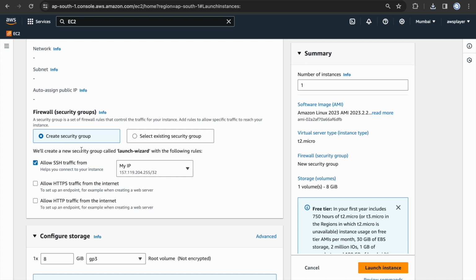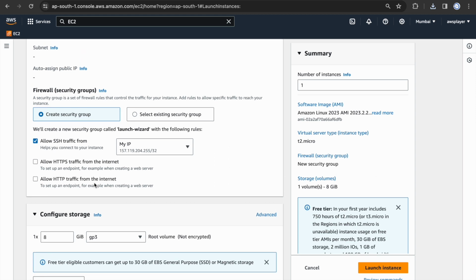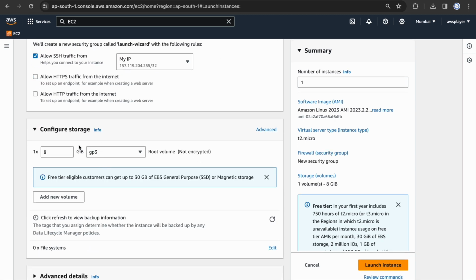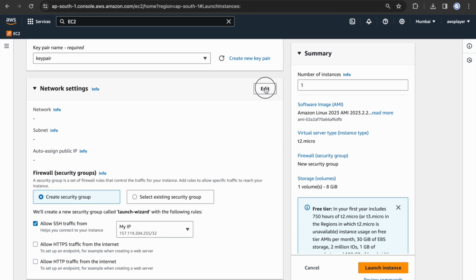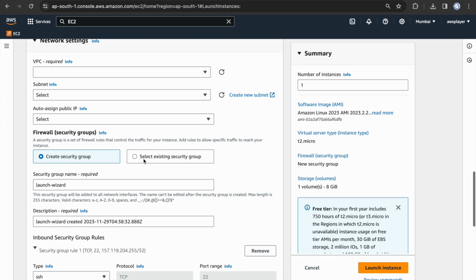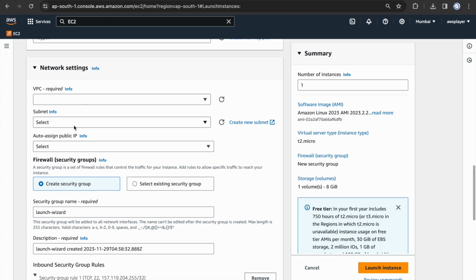So here you are defining the rules. You can configure it later on as well by going to the security groups. But for now, I'm saying allow traffic from my machine for SSH. Next is configuring storage. Or let's say, going back to network settings,